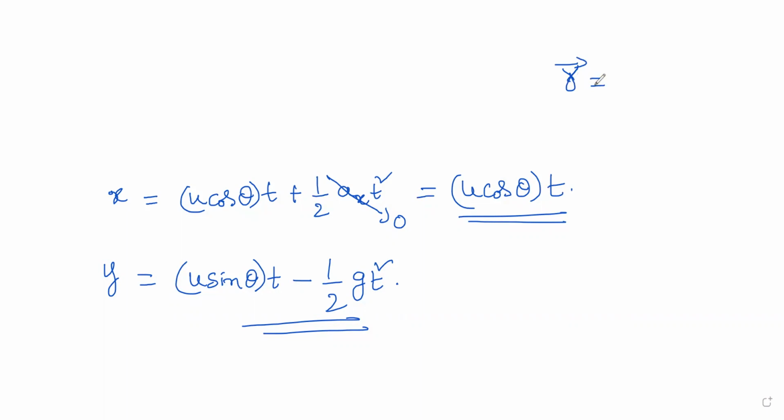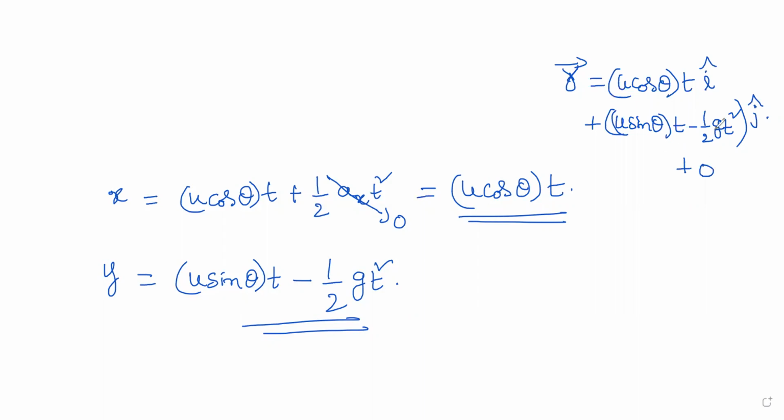The r bar vector is the position vector of t about the origin, that is u cos theta times t, plus u sine theta t minus half g t square. This is the y displacement. So this is i cap and this is j cap. This is the toolkit, and then you don't have any movement in the z direction, so 0 k cap, let us put it. I tell you why I had to put this. You will understand this much later. While solving the cross product, you need this to find the determinant. So for that, the r bar vector is fine.